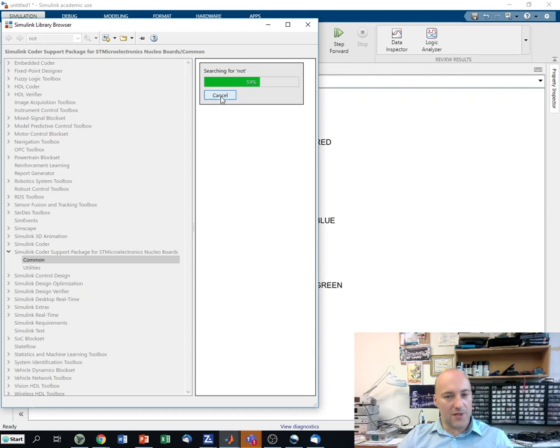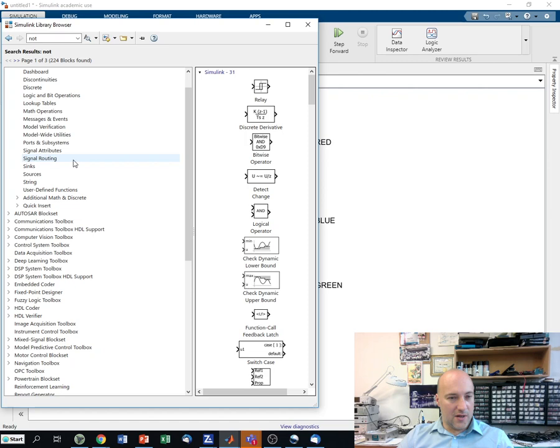I don't know how long this is going to take, so I will just cancel the search and search through the tabs manually, if it's even possible to cancel it. Sometimes the computer is doing something and you don't know what it is doing. Okay, so now